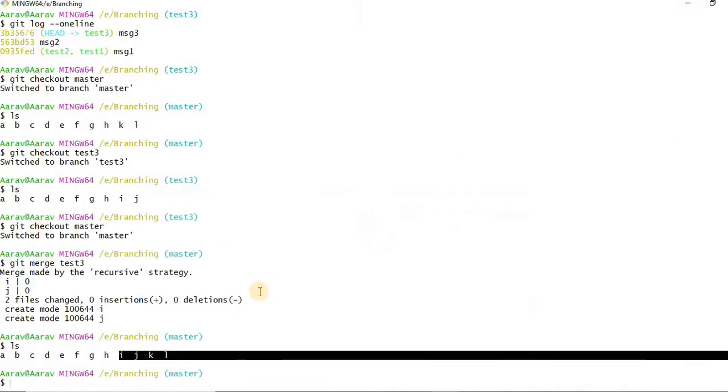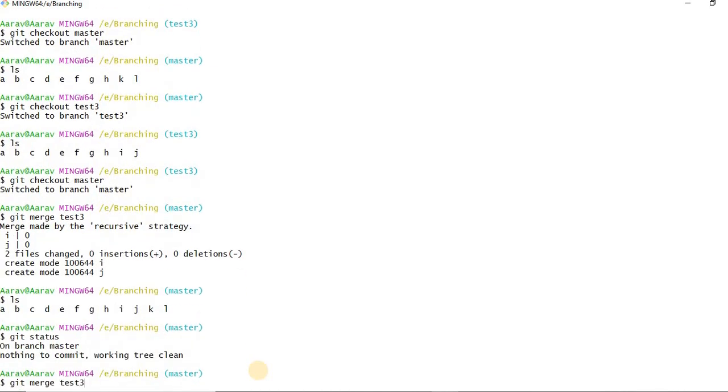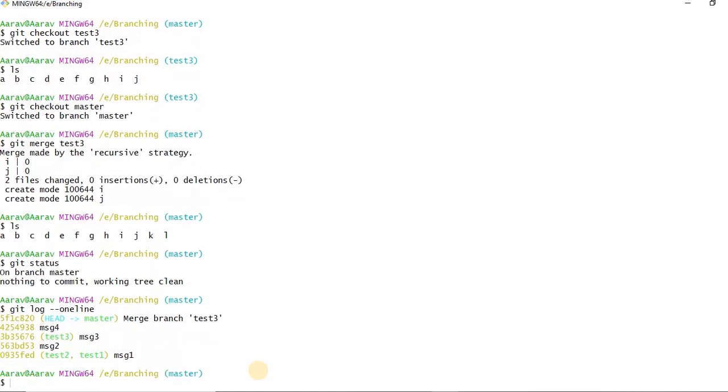Now just check git status, nothing is there, and then check git log. If you observe, the commit history is message 1, message 2, message 3, message 4.